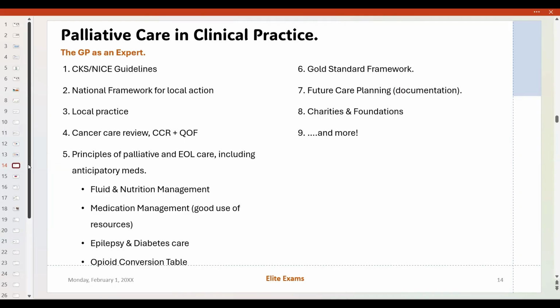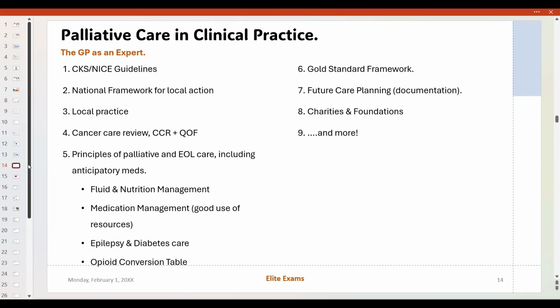And of course, cancer care review. I will share the link to the cancer care review. It's a great link. I was in a practice where I was working part-time, and I was working independently for a long time before I CCT'd. So they were sending me a lot of reviews to do on my own. And when I got a cancer care review, I was like, I've never done this. And the practice manager sent me a link, and I loved it. And that's the link I'm going to share with you all, because in there, the link has what to expect,